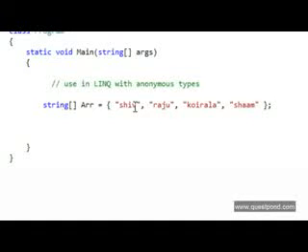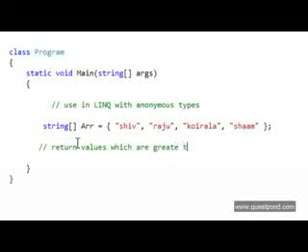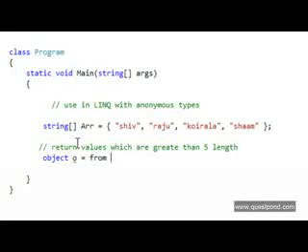Let's go and fire LINQ queries on this, and then we'll see how the var keyword is useful. Now on this array we will fire a LINQ query which will fetch us data whose length is greater than 5. So let me say object O, because I don't know what will be returned from the array from the LINQ query, and let me type the LINQ query.